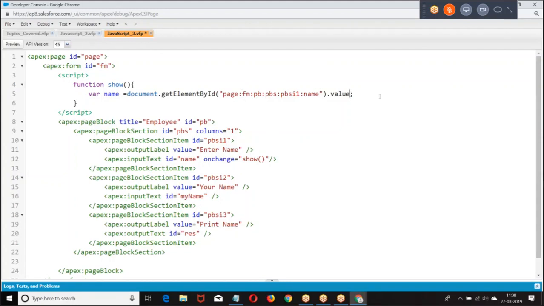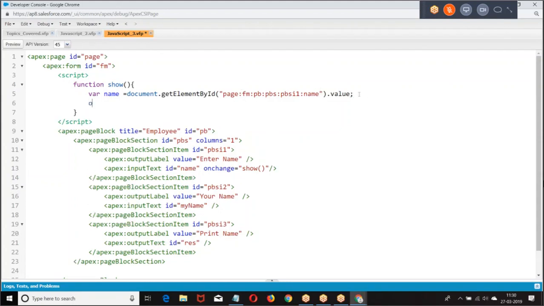This value I want to put where I want to display it. Document.get, page, form, page block section item 2, colon, dot value equals. Whatever name we got in the above step, we are assigning to the element page, form, page block section, item 2.